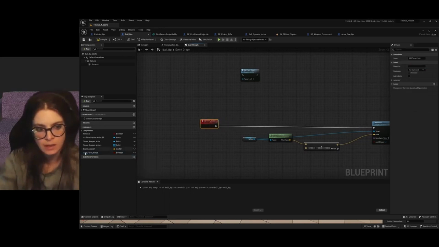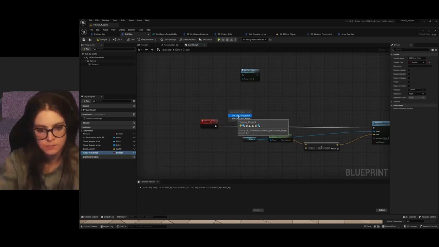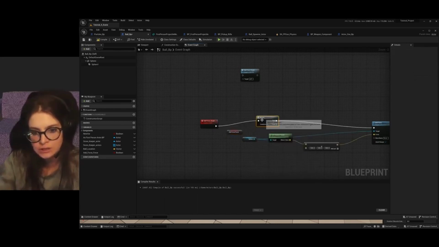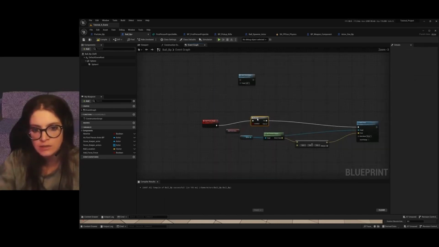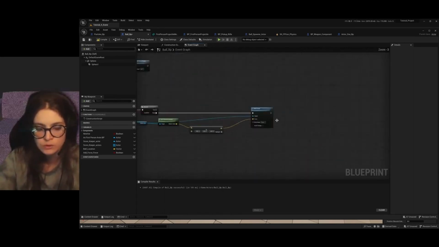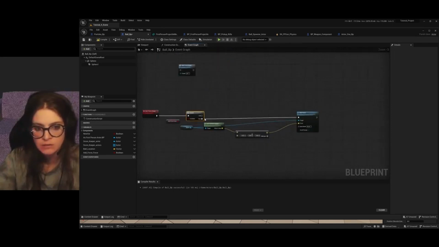We're going to get it, and then drag over and get a branch. So this branch is going to check this condition, and it's going to say if this is false, add the force, and if it is true,